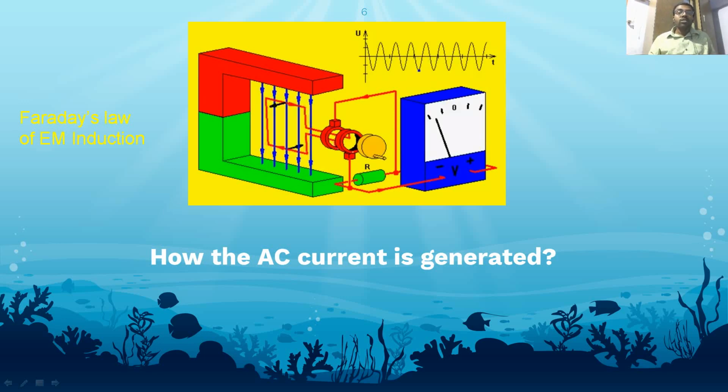So the concept is Faraday's law of electromagnetic induction, which is being used here. Whenever a conductor is present in the magnetic field and cutting the flux lines, an EMF is induced. So this conductor, this coil, is about to cut these flux lines offered by this magnetic field setup, and which will induce the AC current in the slip rings, and the brushes will collect this current and make it available to this load of resistance R, which is measured by this voltmeter setup. Okay, this is how EMF is generated in a generator.